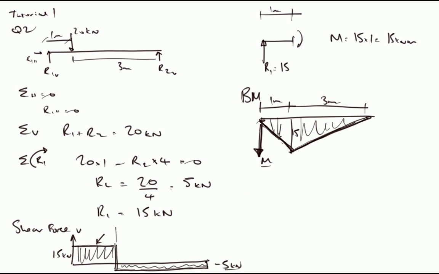So if we just remember then, and we've discussed this, that if you differentiate the bending moment diagram, you get the shear force diagram. So if you come up with the slope of this line, that's positive up to this point, flips over negative, and then carries on at that value to the end here. Okay, so bear that in mind for when we come to look at the cantilever, which is the next question, and this is tutorial